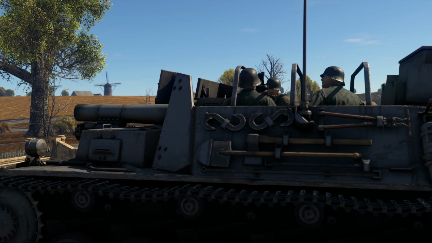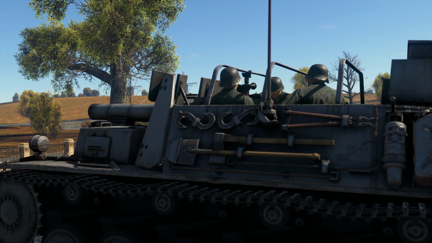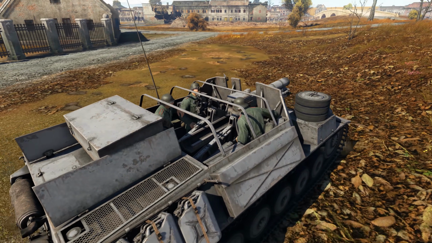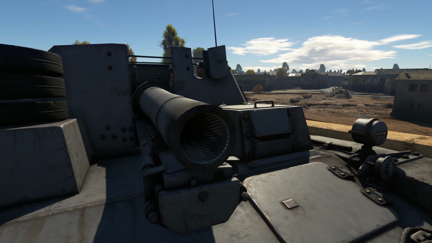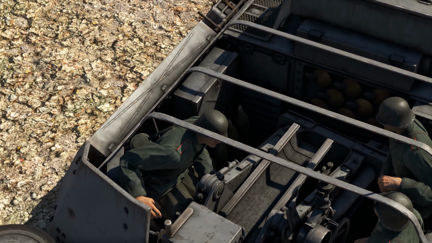Then we have the excellent Sturmpanzer II, armed with a fearsome 150mm cannon. Of course, with a caliber like that, there is a price to pay. It takes a lot of time to reload. Its ballistics are rather tricky, and its elevation angles are rather limited, but, and that's a big but, this gun